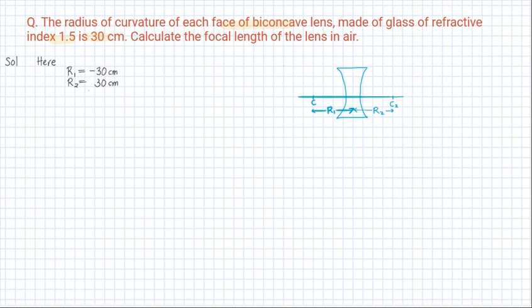Now, apart from your radius of curvature, they have given you the refractive index of this lens. The refractive index they have given is 1.5. So mu equals 1.5. So, using your lens maker formula,